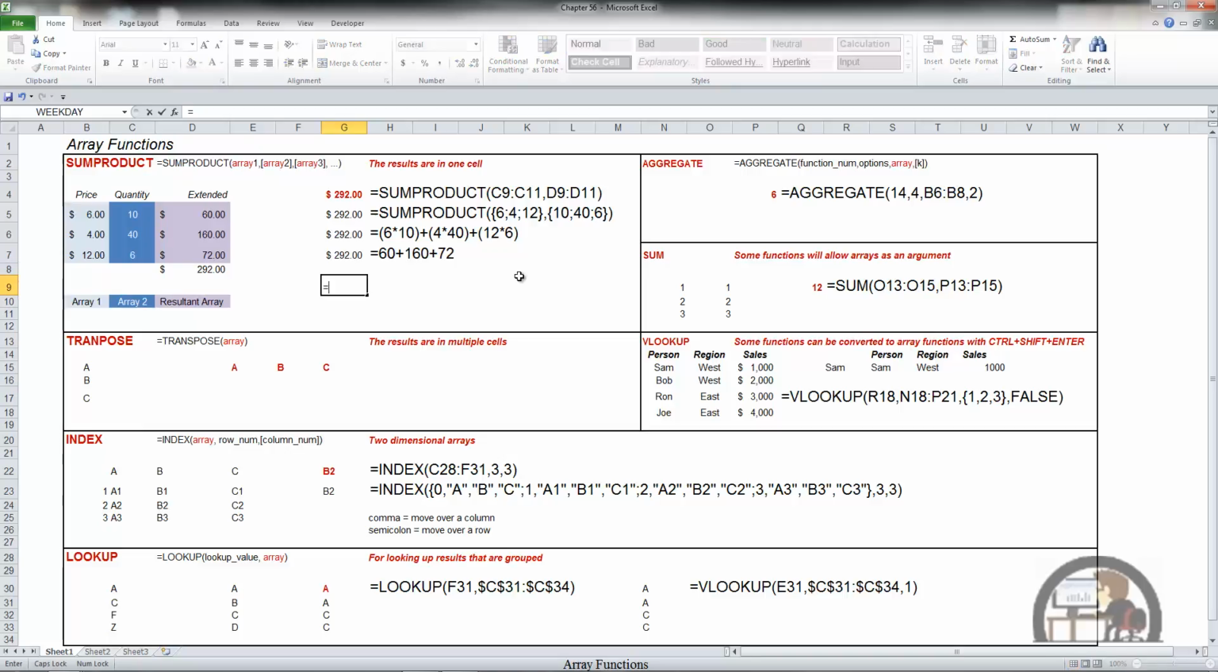So if we were to put a sum product function in a cell, we would reference the first array, comma, the second array, and if we only have 2, we'd close the formula with the parentheses, and there's our 292. So the sum product function generates a result in a single cell. The transpose function is also designed to handle arrays, programmed that way, but it gives you a resultant array is what it's called. And that resultant array is generated from the function, and it is displayed in more than one